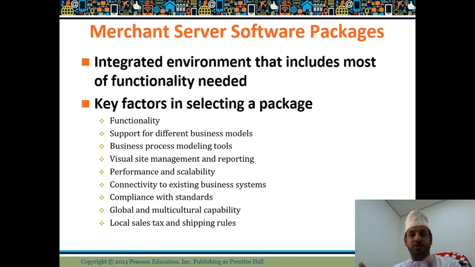Is it complements with the standards? Do you remember when we started global standards of e-commerce factors or functions? Is that compliance with a standard? A global and multicultural capability. Is it supporting multi-languages